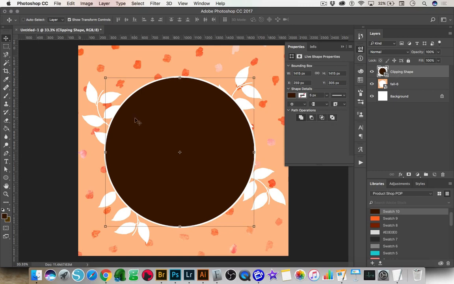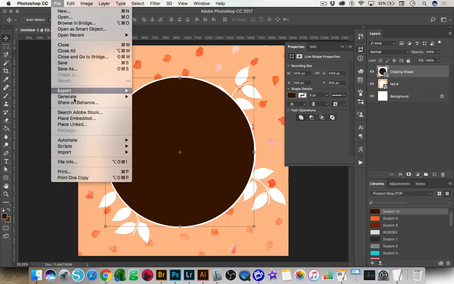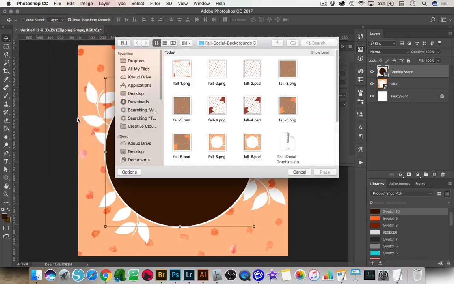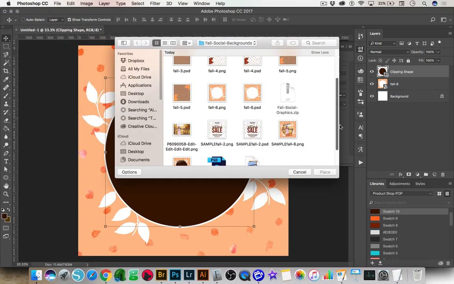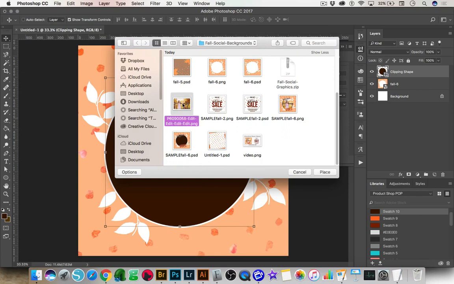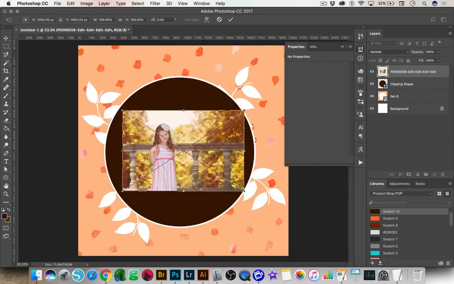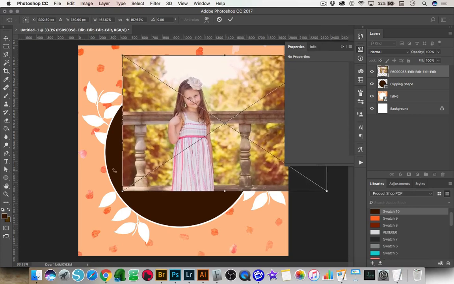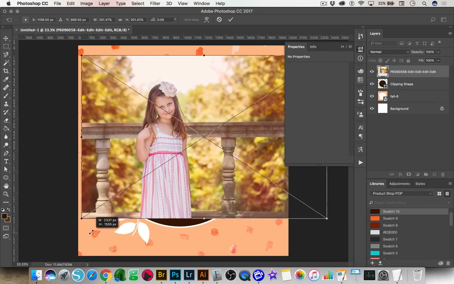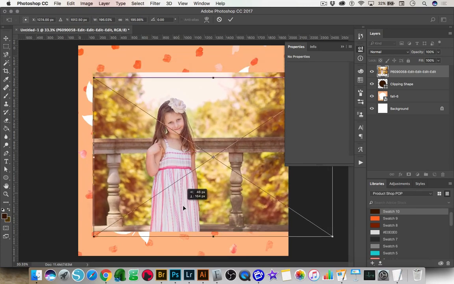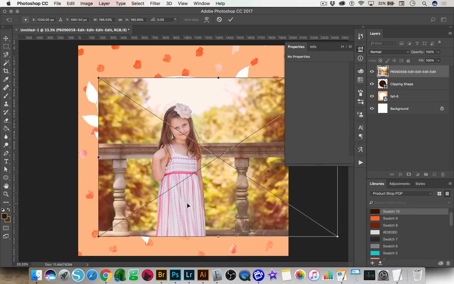And now what you do in order to get the picture inside this circle is go to File, Place Embedded, and choose a picture that you want inside the circle. So I'm going to choose the picture that I had of my daughter, and now I'm going to size this. And again, as I size this, I'm holding down Shift on my keyboard, because when I hold down Shift, it makes sure that my aspect ratio, or the dimensions of my image, stay the same,